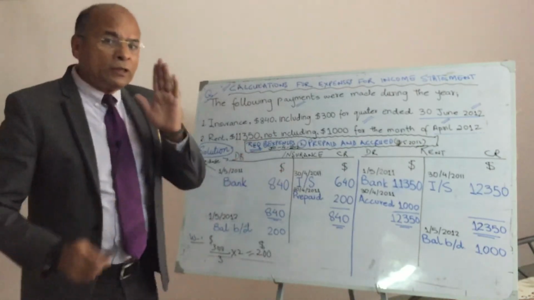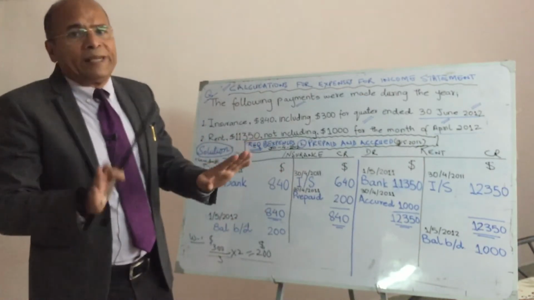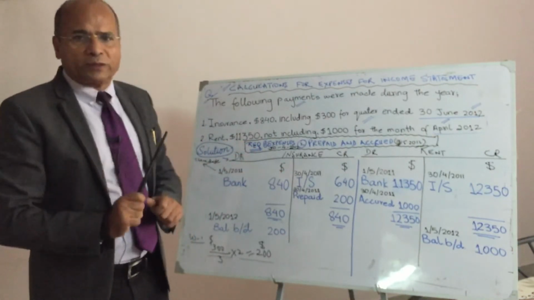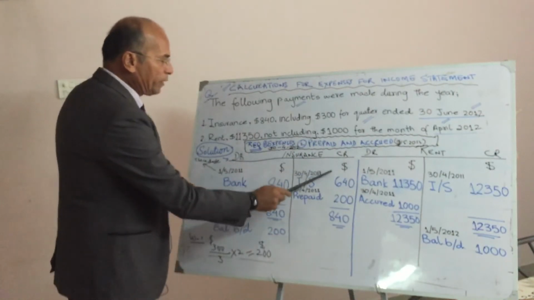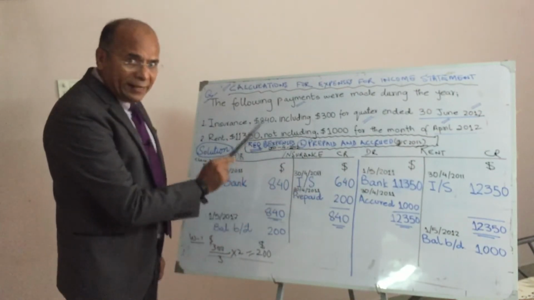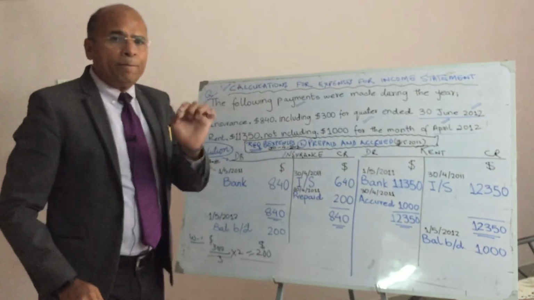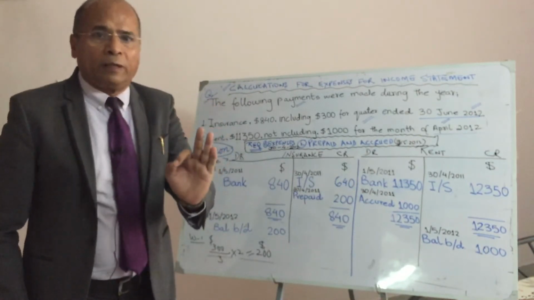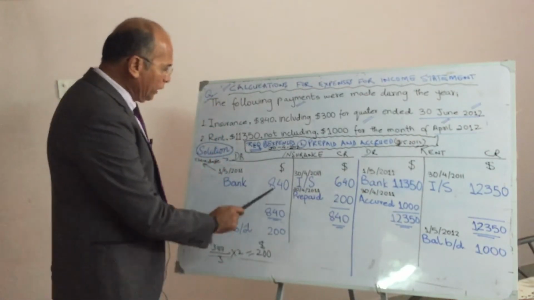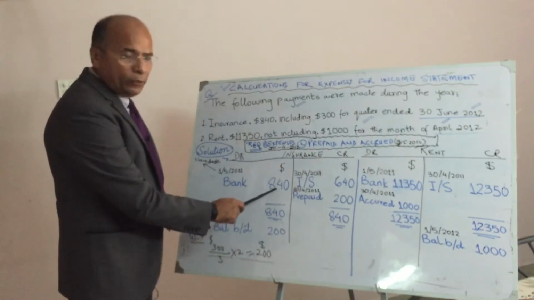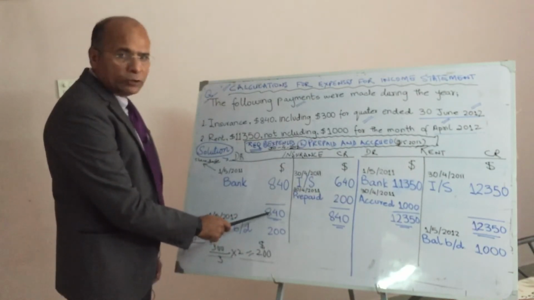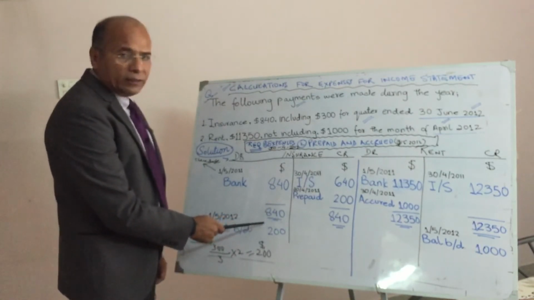So when we did not receive the service, it means we are not supposed to take that amount as an expense. So what did we do? We are writing the numbers in the account. Writing numbers in the account is called posting. So I have posted 840 on the debit side. Then what did I do? I have written the same amount here. Then there are two lines under this.